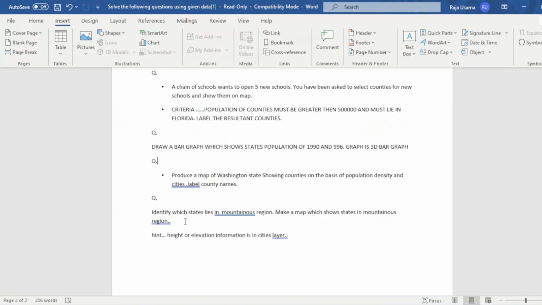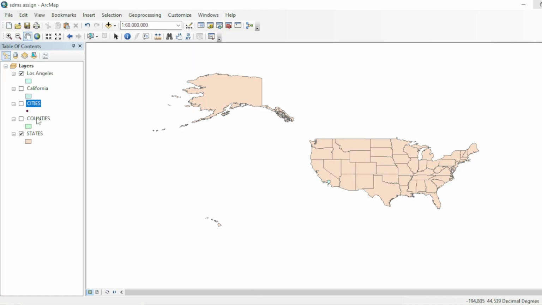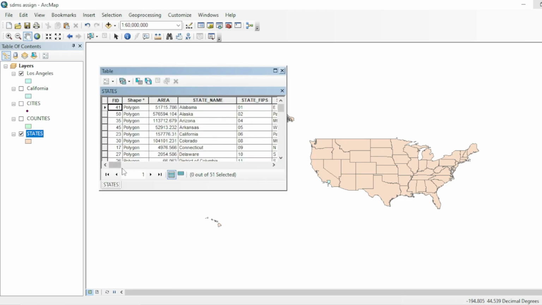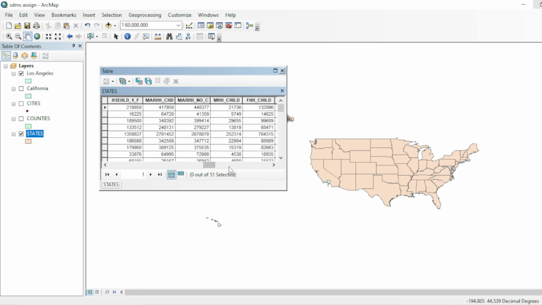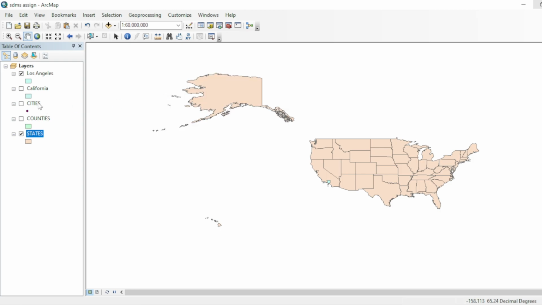Okay, now our last question. Identify the states that lie in a mountainous region. Make a map and show the states in the mountainous region. Okay, let's go to the attribute table of states. And now you can see over here that we don't have any elevation value in its attribute table, but we have the elevation values